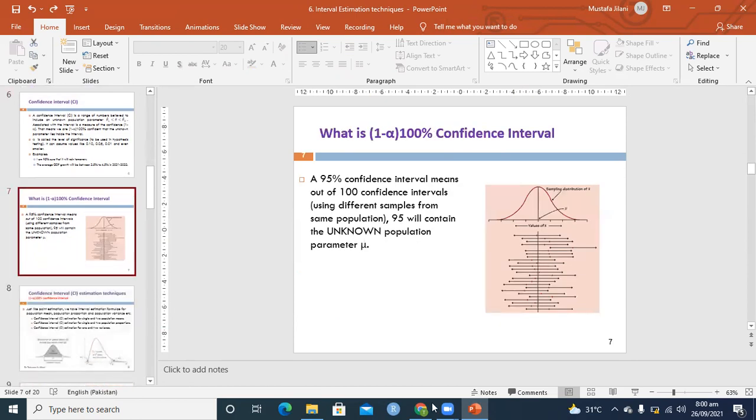So when we do confidence intervals, I have to stop here and then continue in the next slide. So that means if